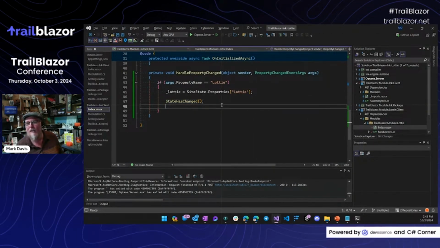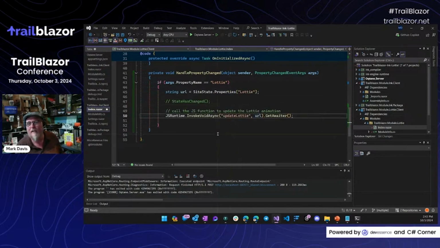So in our Lottie, let me grab some slightly different code here. We're going to grab a local string that's the URL, and that's the message that was sent to us. We don't need to worry about any state has changed because